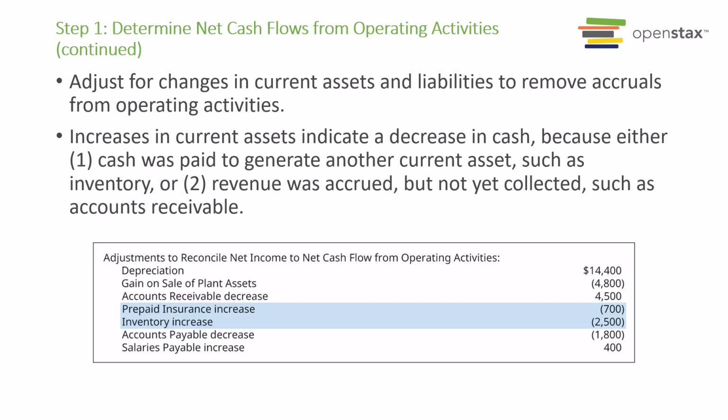So after you've dealt with depreciation and any gains or losses on your sale of plant assets, you're going to go to your balance sheet and you're going to list out all of your current assets and your current liabilities. So here we have accounts receivable, prepaid insurance, and inventory as our current assets,